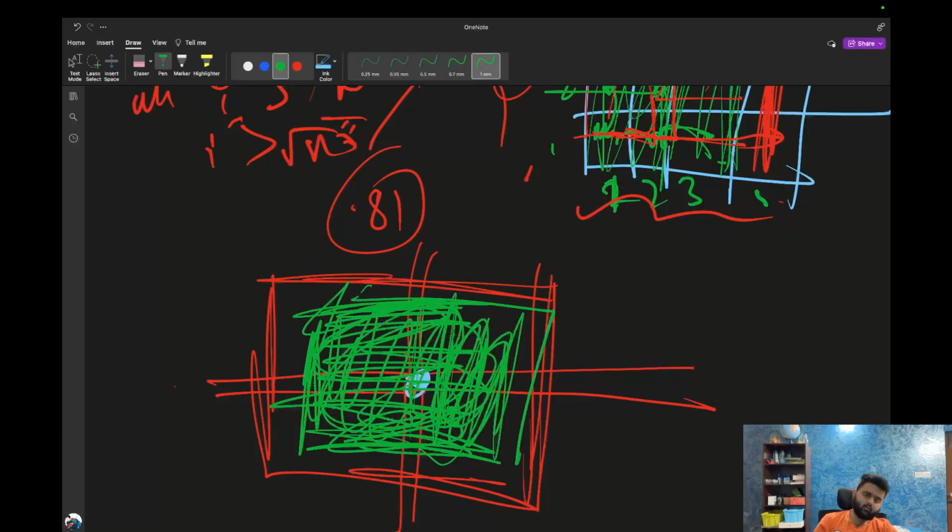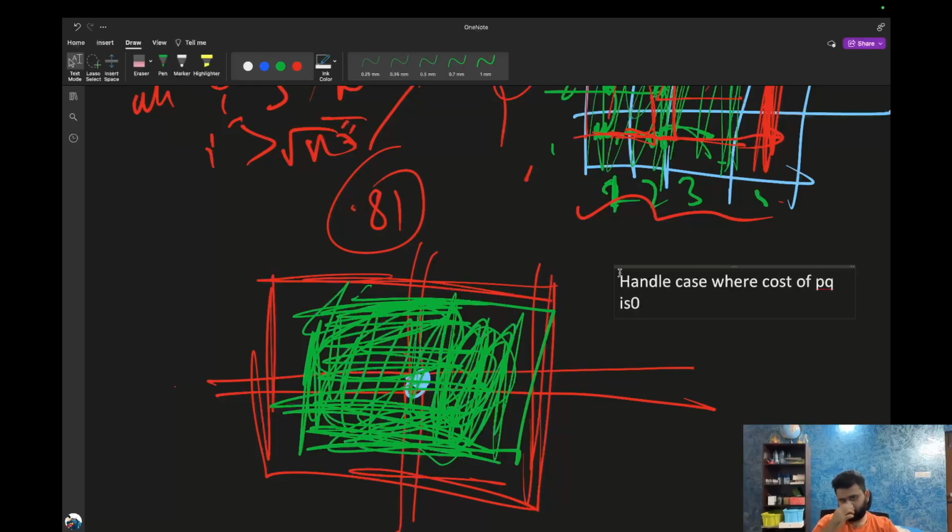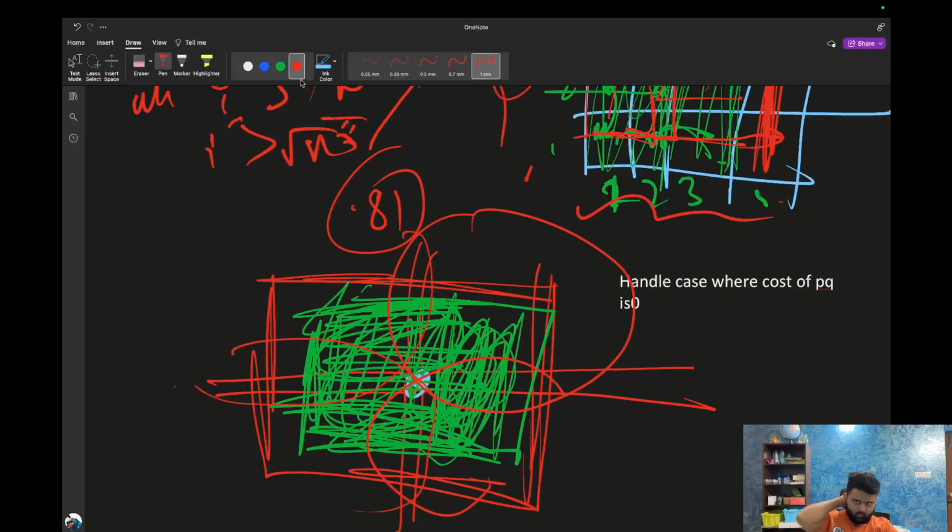So you have this. Now, handle case. Cost of pq is 0. So now I will have to make 1 dp here, 1 dp here, 1 dp here, 1 dp here, unless